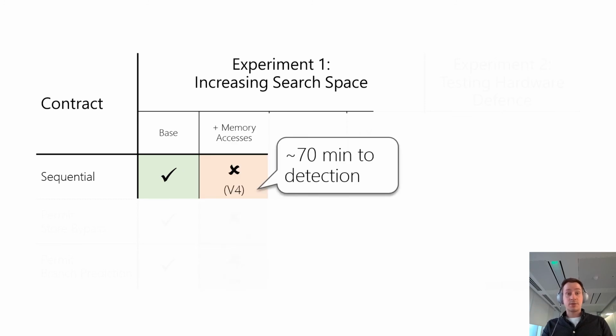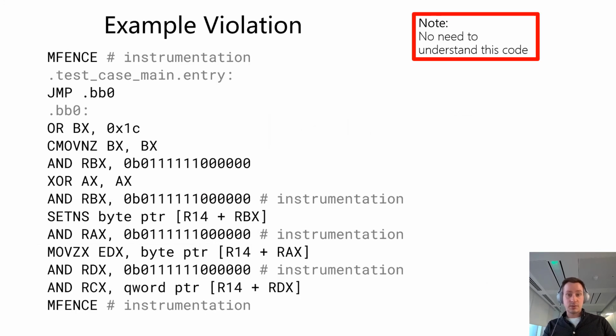Then we permitted Revisor to add also memory accesses to the test cases. In this experiment, within less than 2 hours, Revisor found a violation, and when we inspected it, we discovered that it's an instance of Spectre v4. So Revisor managed to find it. Here's an example of how it looks. You don't actually have to understand how it works. It's just an example to show you that even with a random instruction sequence, we can find an